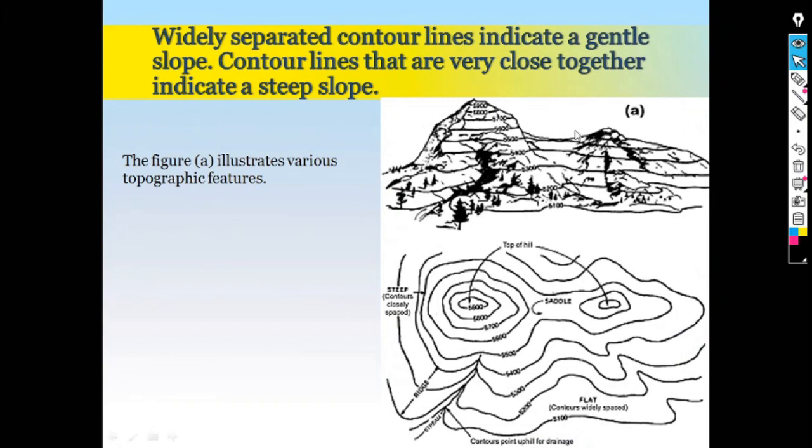So this is a 3D mountain, and it will be represented like this with the help of contours in a 2D map. And these figures are showing the values of the contour lines. So if this is some value, the same value, that is the elevation along this line, will be the same.